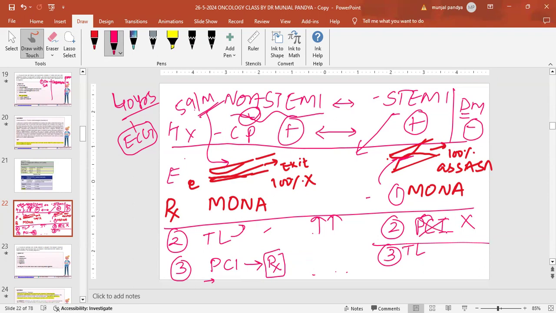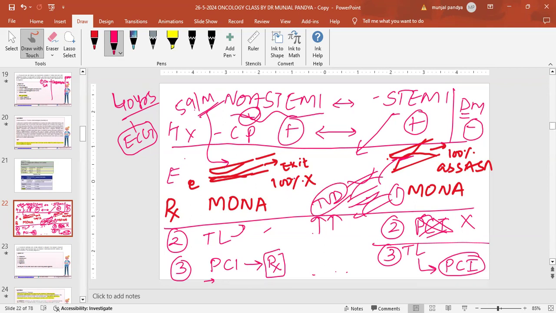If this is not available, do thrombolytic, and after thrombolytic, you refer the patient to a higher center for PCI. Why? Because you did a temporary opening of the coronary by lysing the blood clot, right? But if you don't do proper treatment, after 6 months this patient comes with a second MI. Again, it would be a massive MI. Probably earlier one vessel was blocked, now it is a two vessel block. And if you don't take care, all three vessels, that is called triple vessel disease, right?